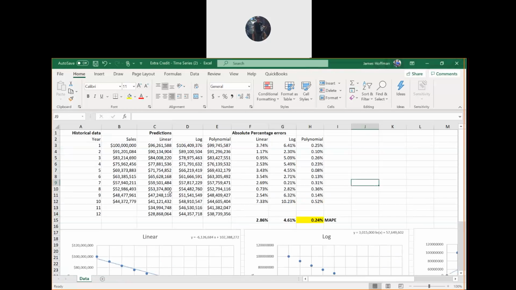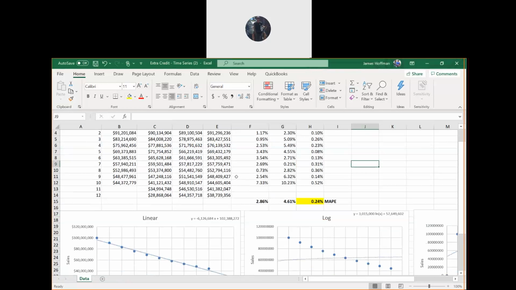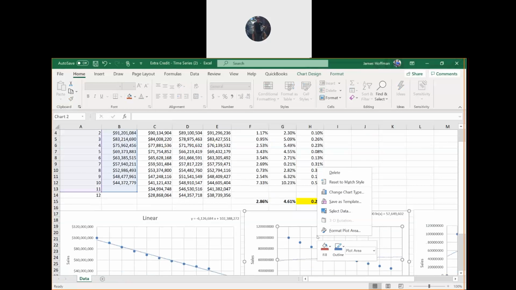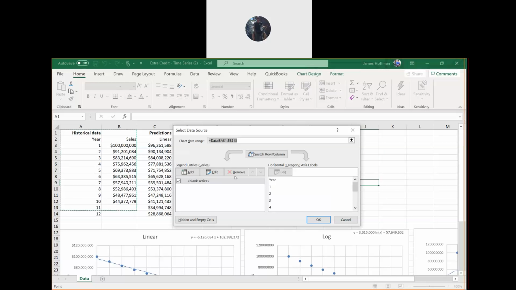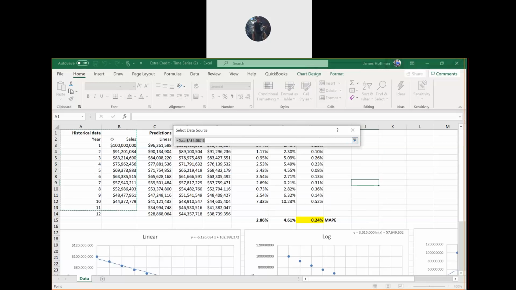That should fix it. If you reselect the range for each of them, it should fix it. For this one, same thing: right-click it, select data, choose this, and then choose A2 to B14.